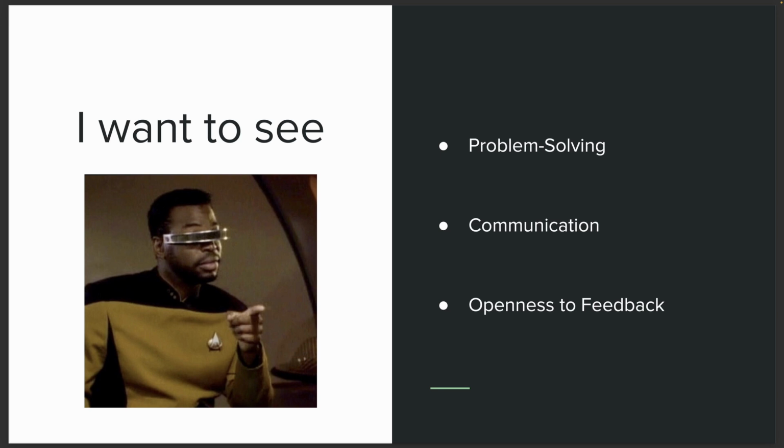But I'm also interested in communication. So how do we talk about this? If I ask a question, can you give a direct answer? Does your answer have sufficient detail, not too much and not too little? Are you able to talk through your thought process while you're working on this problem? Tell me what it is that you have in mind, and that sort of thing.